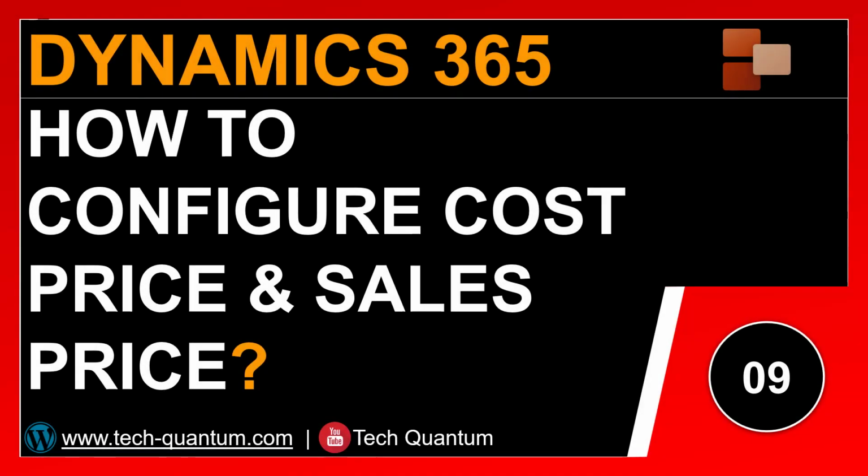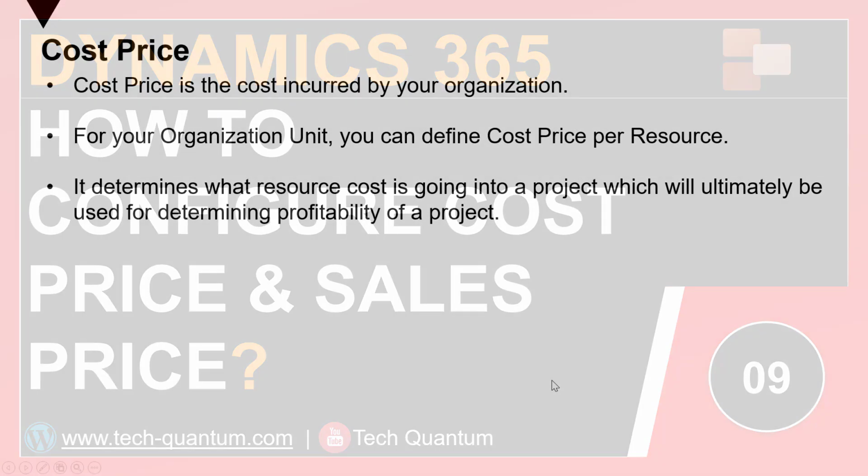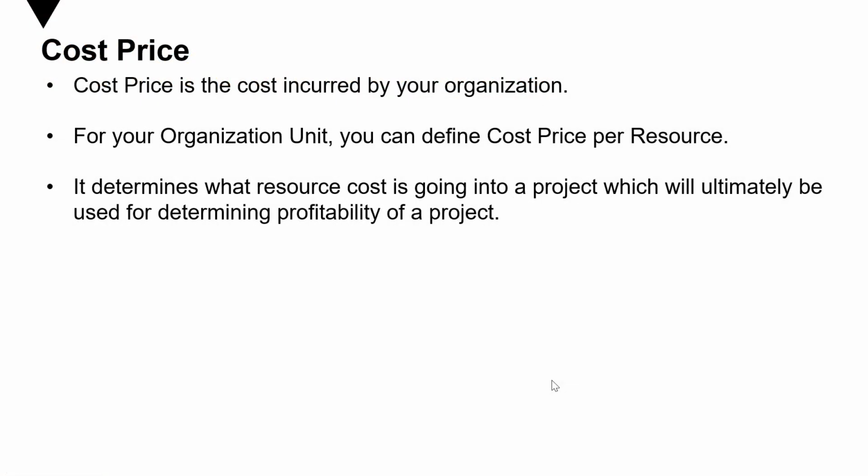How to configure cost price and sales price in Project Service Automation for Dynamics 365. Let's have a look. So cost price is the cost incurred by your organization. For your organization unit, you can configure cost price per resource. The cost price also determines what resource cost is going into a project, which will ultimately be used for determining